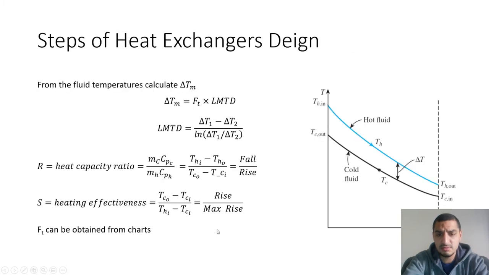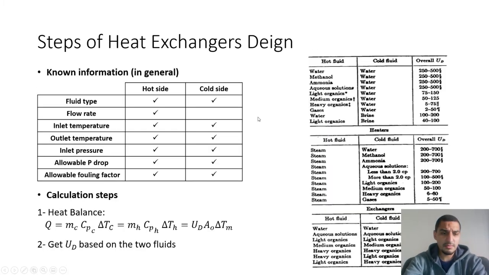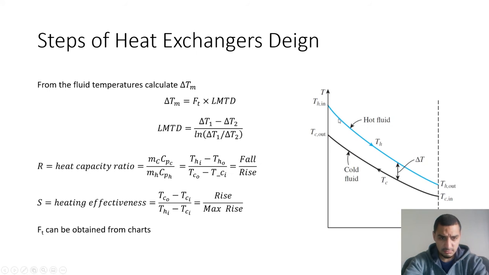Let's talk about the delta T mean first. If we remember, when we talked about the counter current flow in the previous video, we said that the driving force is not constant. So we have a delta T here different from the delta T here, different from the delta T inside the heat exchanger itself. So we use a value of the delta T, which is the delta T mean, or the logarithmic mean temperature difference, to be representative of the overall driving force inside the heat exchanger. It must be multiplied by a